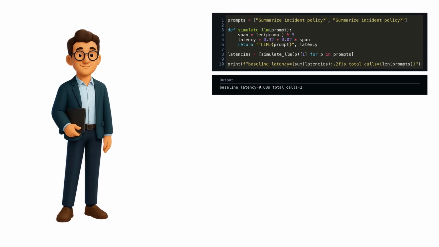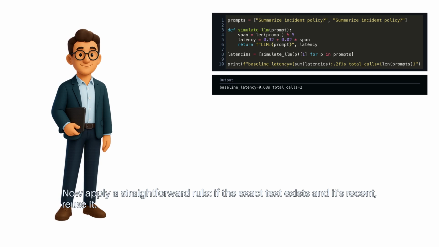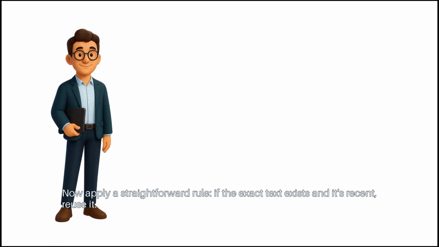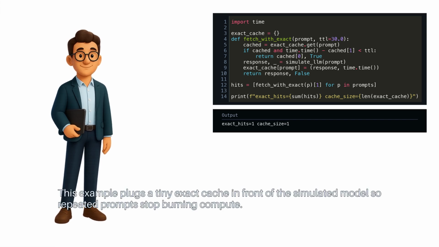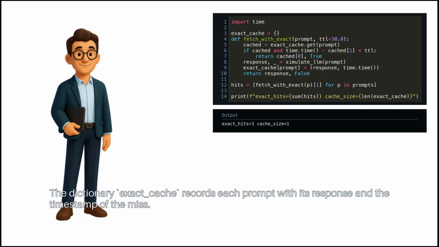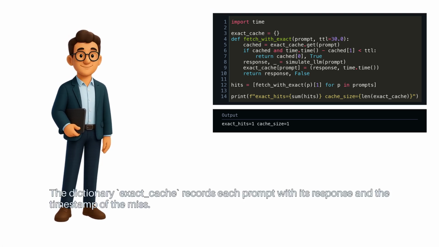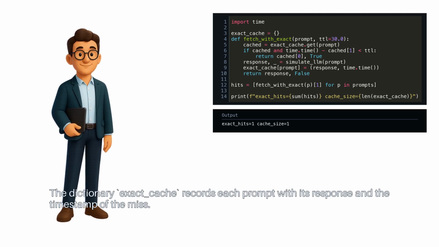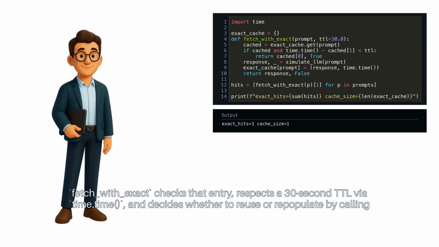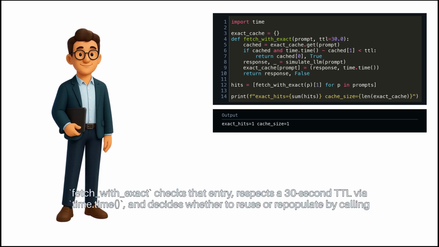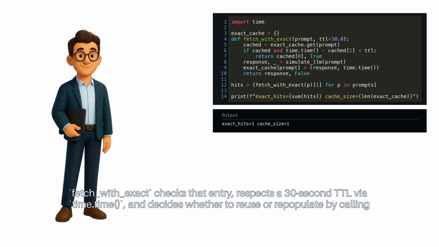We saw waste. Now apply a straightforward rule. If the exact text exists and it's recent, reuse it. This example plugs a tiny exact cache in front of the simulated model, so repeated prompts stop burning compute. The dictionary exact cache records each prompt with its response and the timestamp of the miss. Fetch with exact checks that entry, respects a 30-second TTL via time.time, and decides whether to reuse or repopulate by